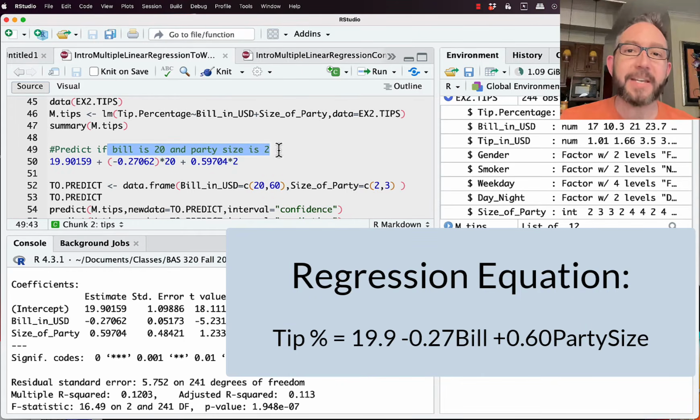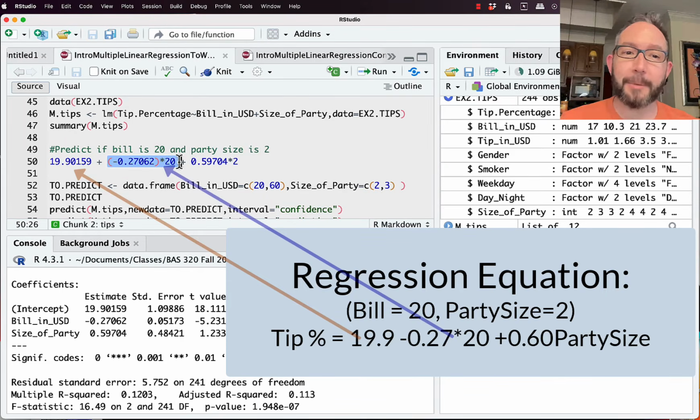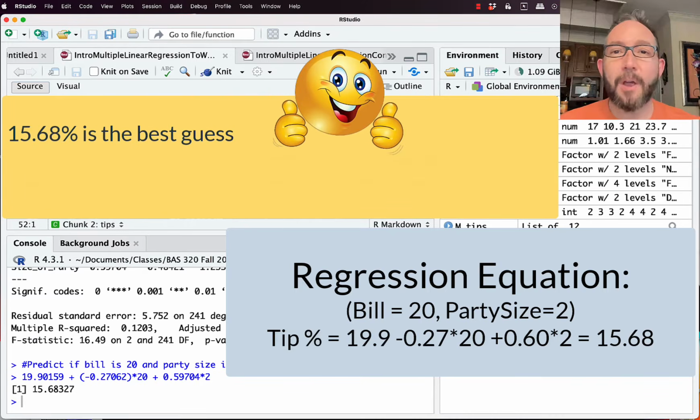Well, what would we predict the tip percentage left on that bill? All we have to do is plug in the relevant predictors into the equation. So we start out with the intercept, the 19.9%, that's kind of our baseline, and then we adjust it based on the bill size and the party size. We take the coefficient of bill size, we multiply it by the bill amount, $20, and then we add that to the coefficient of party size times our party size of 2. And once we get that out, we predict that the tip percentage left is going to be